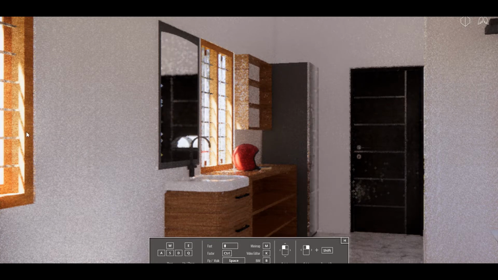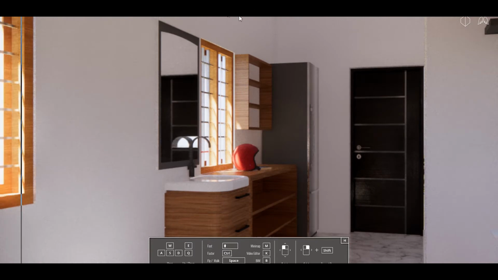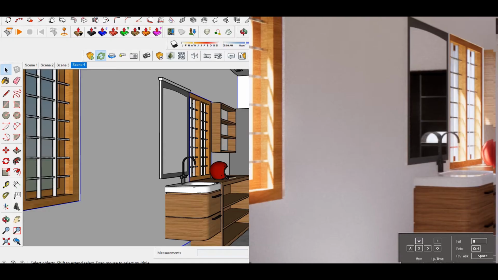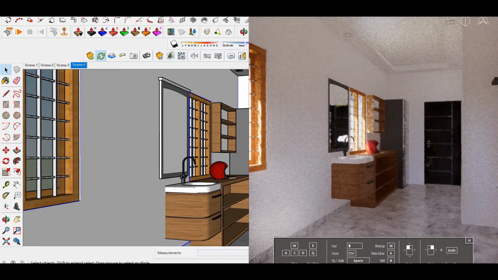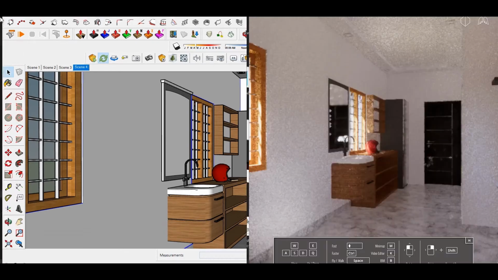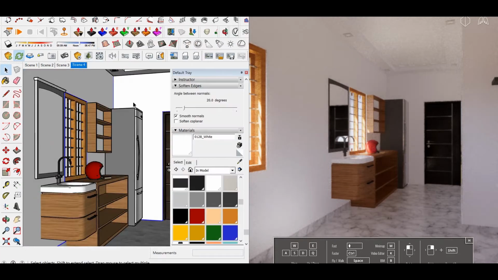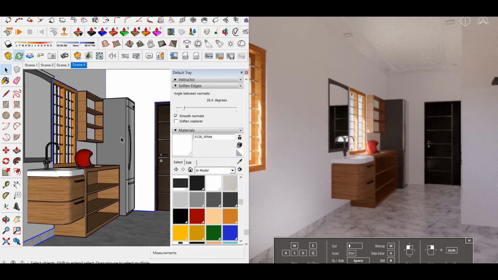It looks like real, and also you can adjust sun path and day night. First you need to split screens, one for Enscape and one for SketchUp. So we can see if we change any materials specification, it will directly show in Enscape.